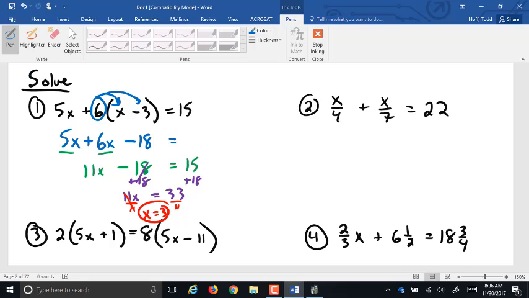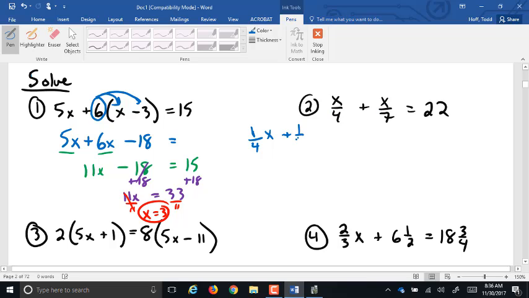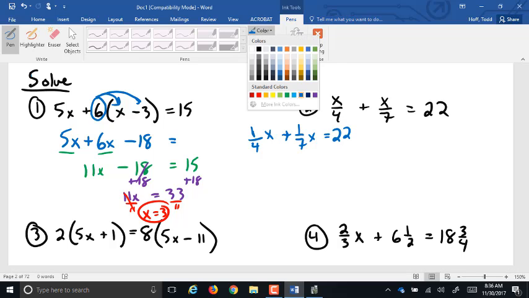Yeah. So number 2, there are a couple of different ways we can approach number 2 here. One way is to make the x over 4 into 1/4 x. Dividing by 4 is the same as multiplying by 1/4. And I can make the x over 7 into 1/7 x. Yeah, we'll get to that in a second. Equals 22. Now I have to add